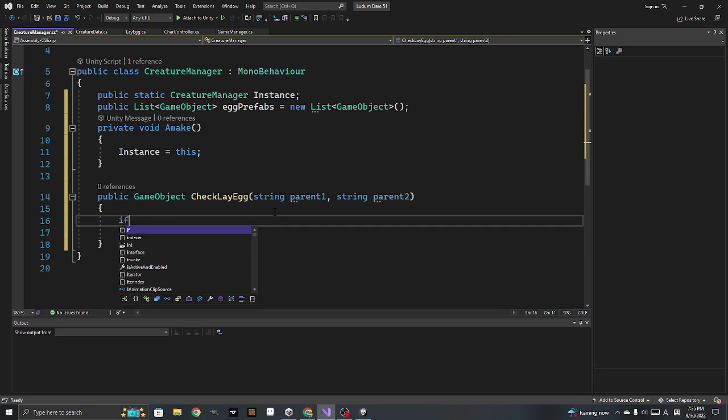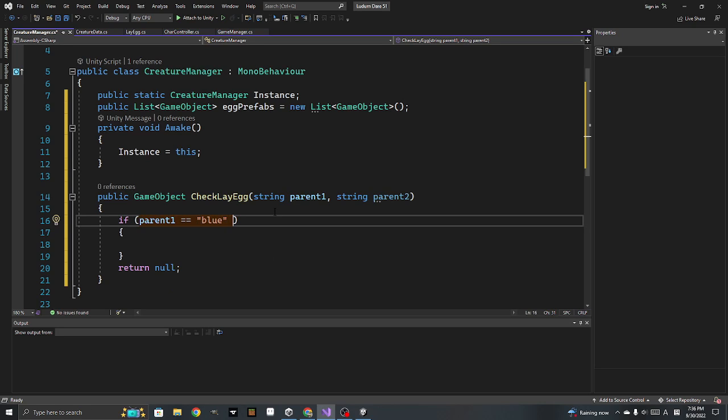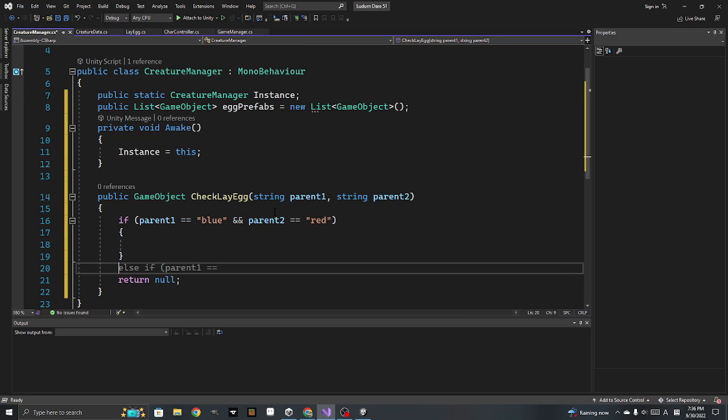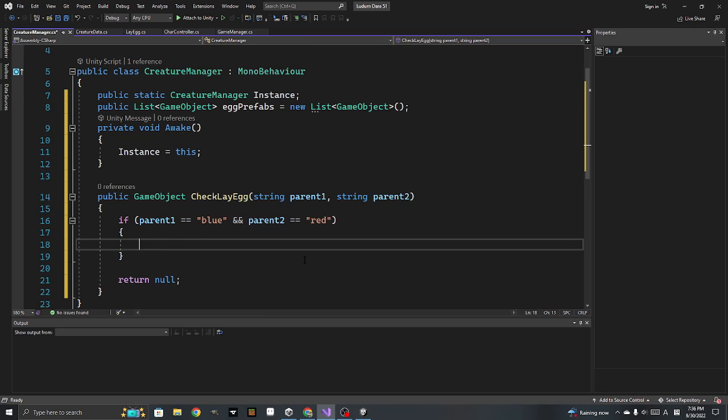Okay, so if parent 1 is equal to blue and parent 2 is equal to red, then this will make a new one. Okay. We will then return